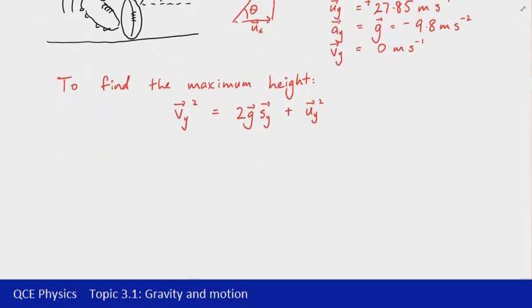So we've got all of those values except for sy, so that's the one that we're going to find. You'll note here as well, we can make this simplification that the vy squared term is going to be 0, because we know that vy is going to be 0 at maximum height, and that then allows us to manipulate this equation a little. So we'll take the 2gsy onto the left hand side, so that becomes negative 2gsy, and that will be equal to uy squared, and the last step then is simplifying, so we can find that sy is going to be uy squared over negative 2g,